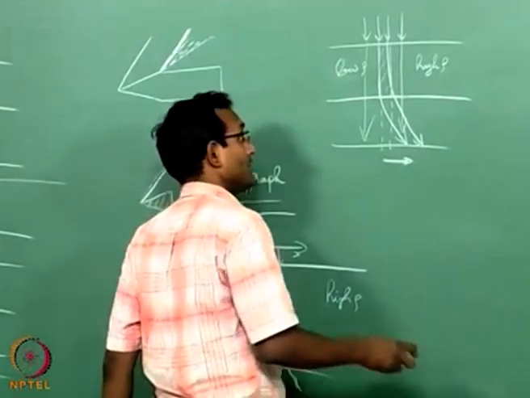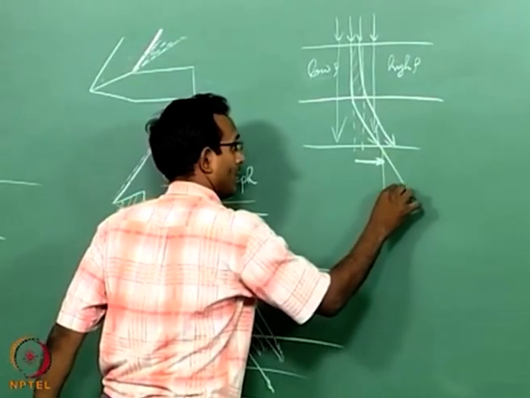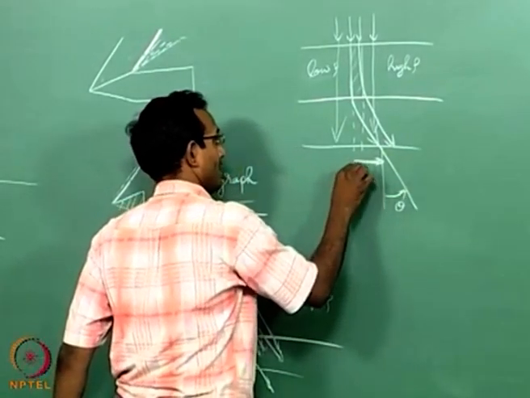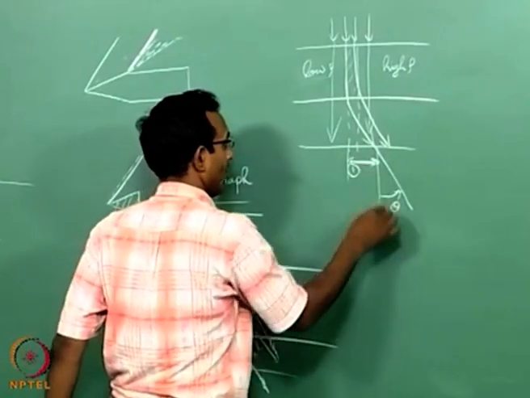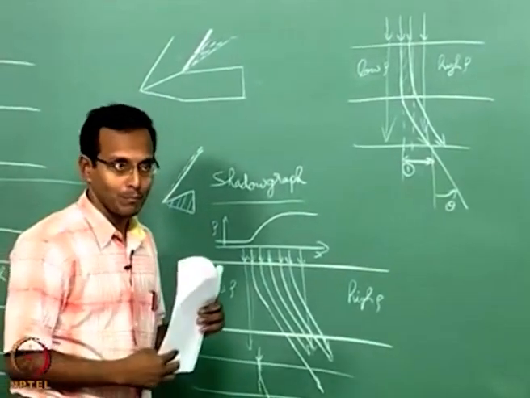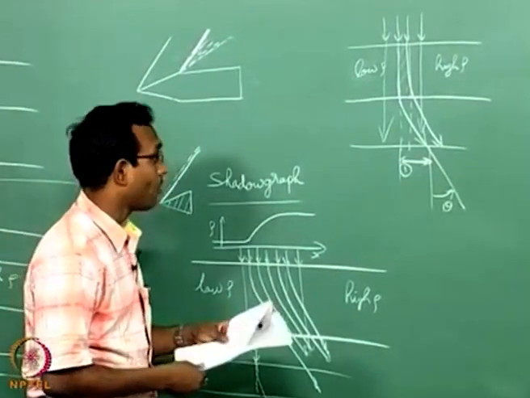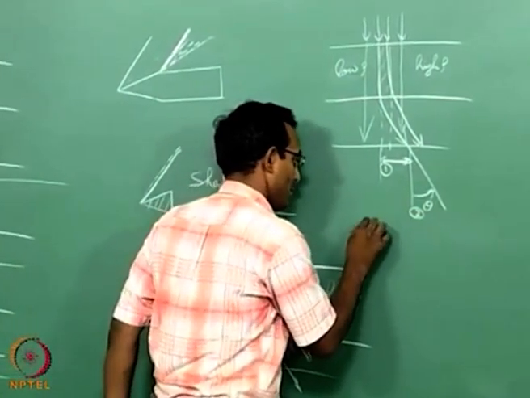Or I can think about what is the final angle at which it is coming out, what is the final deflection. I can either measure the displacement from the original location, or the angular displacement from the original direction of propagation of light, or the third one, I can think about